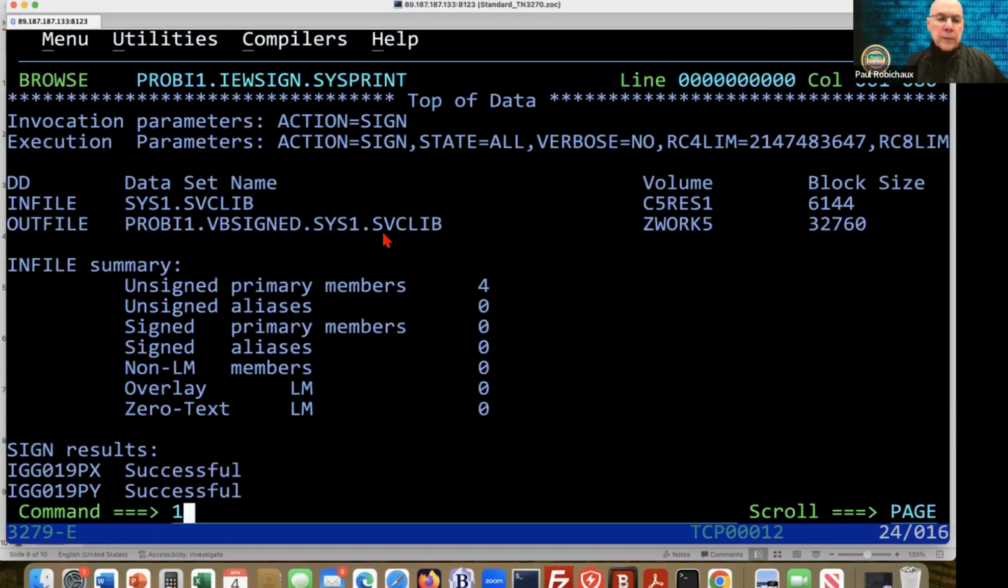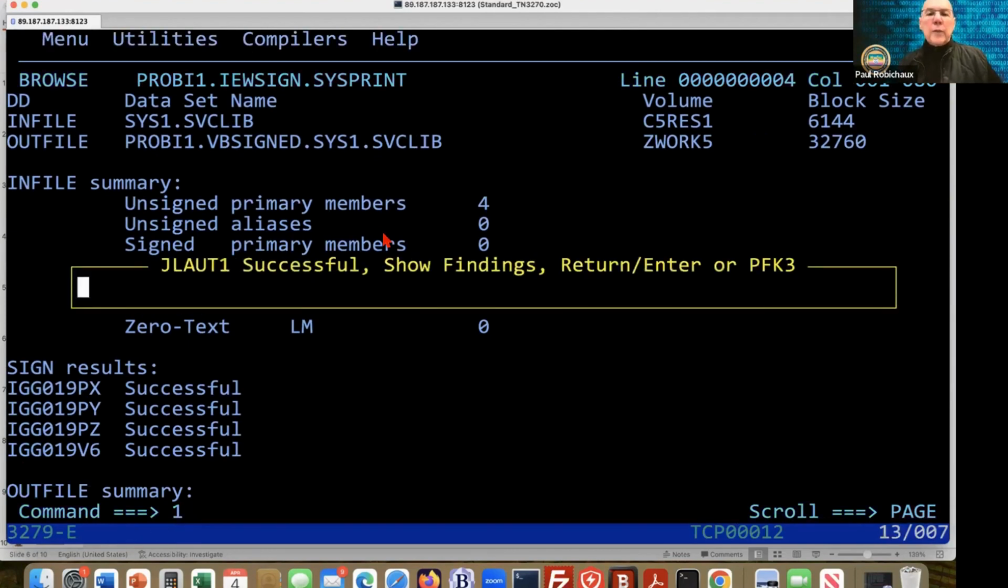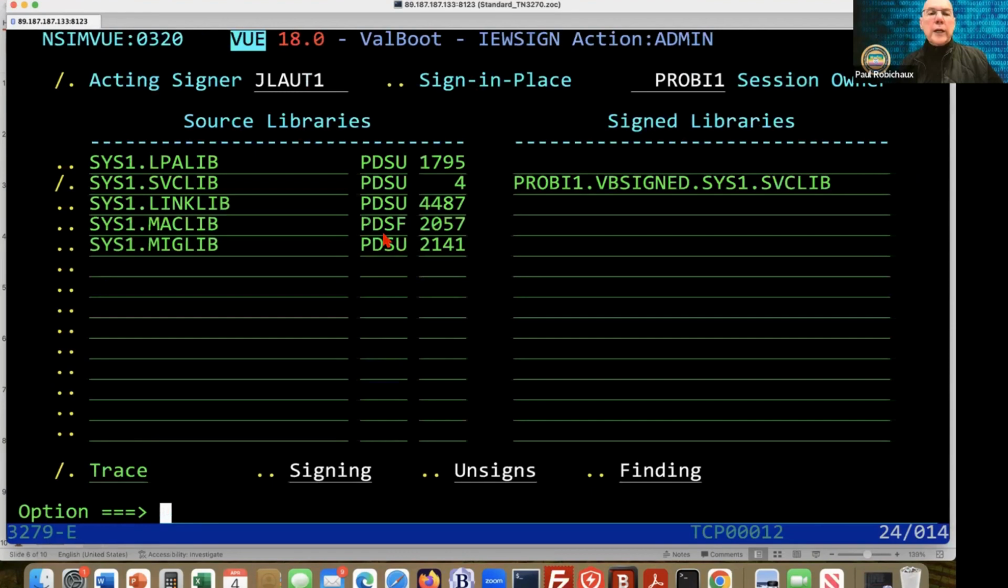So now we can see success. I'm running out of time here, so I'm not going to do it for the other two texts right now, but I think you pretty much get the idea. If I'm the administrator,